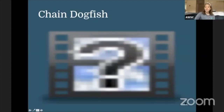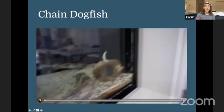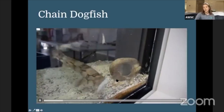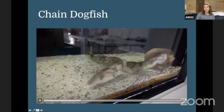And with that, I do have a video to show you of them feeding. So with being a proper caretaker of these sharks, we do feed them. So I wanted to show a video of them feeding. So here are our 2 chain dogfish, and you can actually see here in the corner some of those developing shark eggs right there. And you can see how fast these sharks take that shrimp